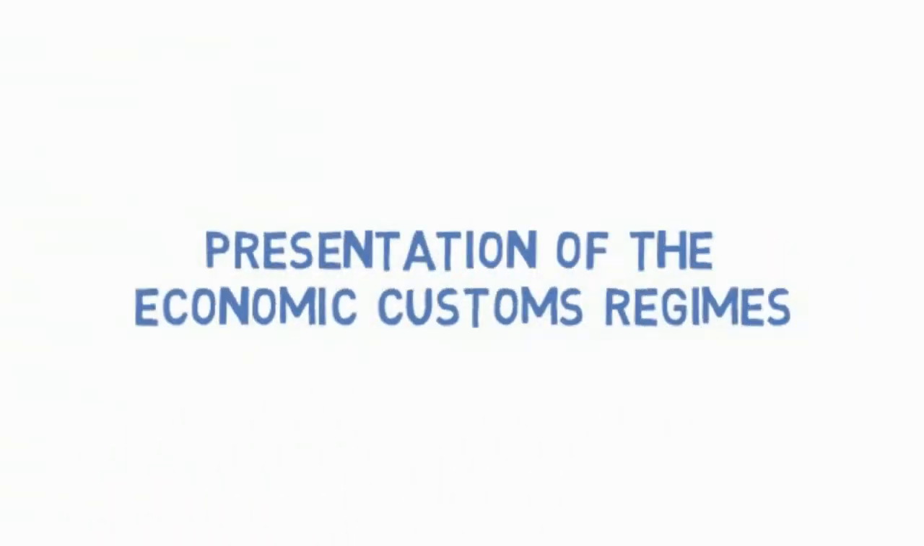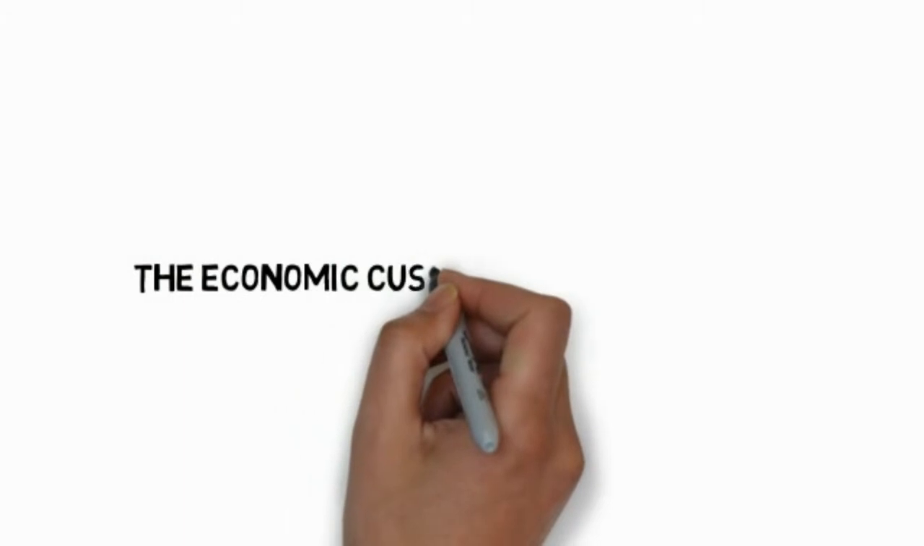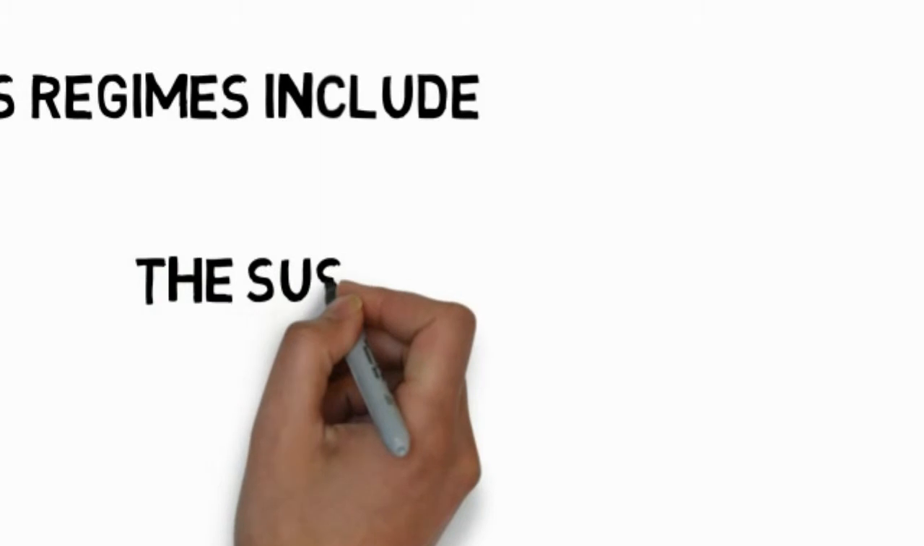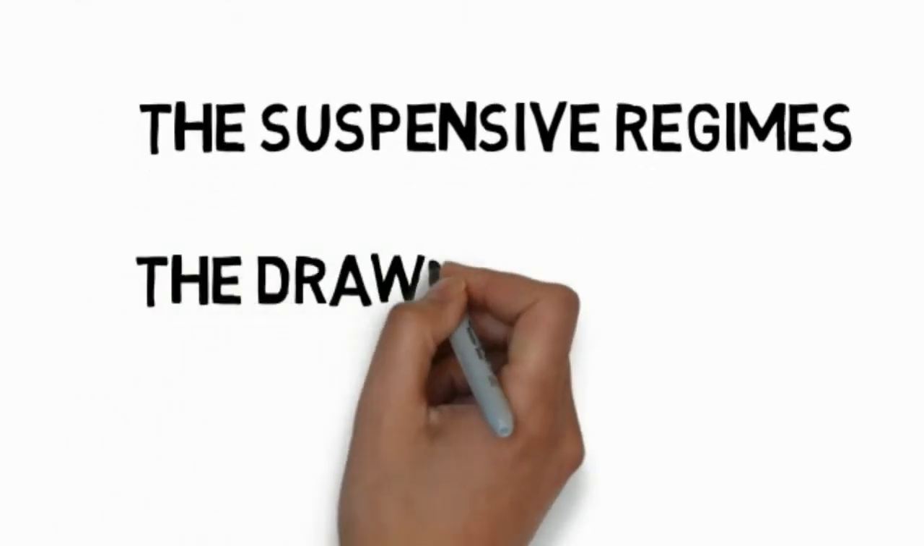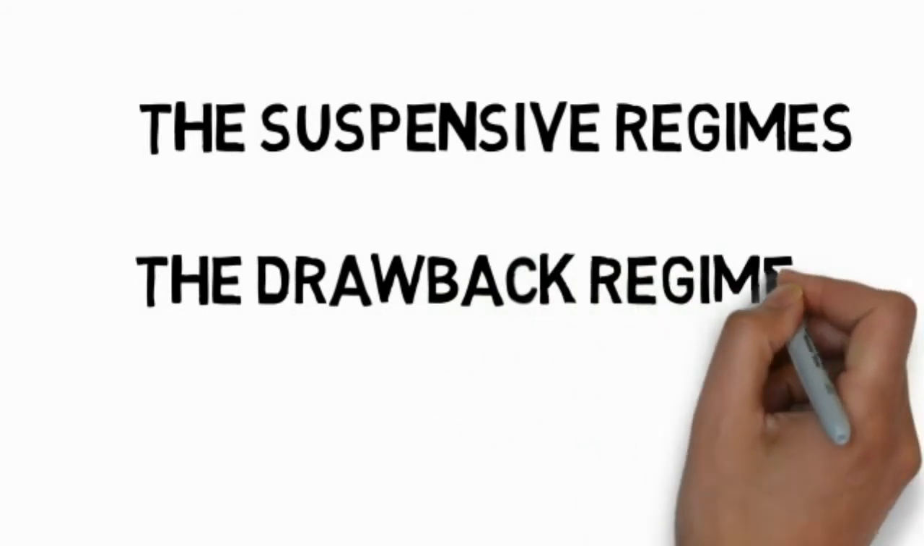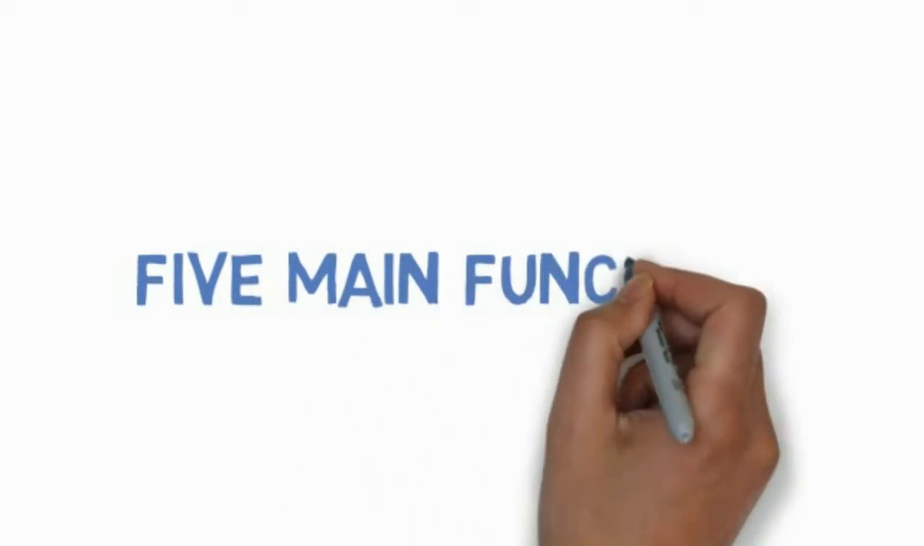Presentation of the economic customs regimes. The general principles. The economic customs regimes include: A. The suspensive regimes. These are customs warehouses, temporary admission for active improvement, temporary admission, temporary export for outward processing, temporary export, transit, processing under customs control, B. And the drawback regime. As an important tool in promoting exports in all countries, economic customs regimes cover 5 main